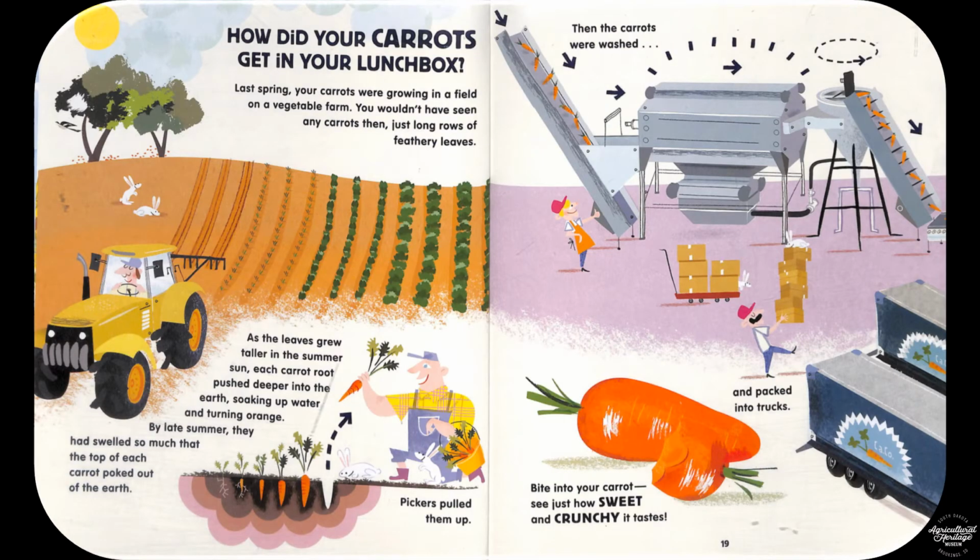How did your carrots get in your lunchbox? Last spring, your carrots were growing in a field on a vegetable farm. You wouldn't have seen any carrots then, just long rows of feathery leaves. As the leaves grew taller in the summer sun, each carrot root pushed deeper into the earth, soaking up water and turning orange. By late summer, they had swelled so much that the top of each carrot poked out of